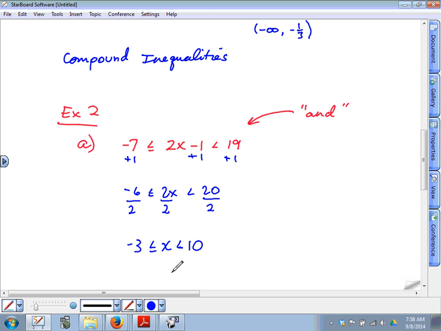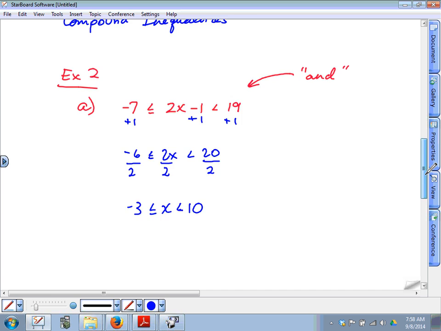Can anybody think of a number that at the same time is less than 10 and at the exact same time greater than -3? Does 0 work? 0 is less than 10 and greater than -3. What's another one that works? 7 works. 6, 5, 4. How many numbers actually work? The answer is actually infinitely many, because there's an infinite amount of numbers between -3 and 10. But anyway,